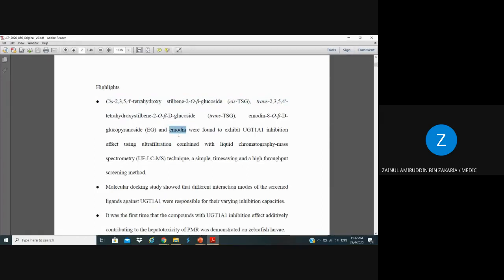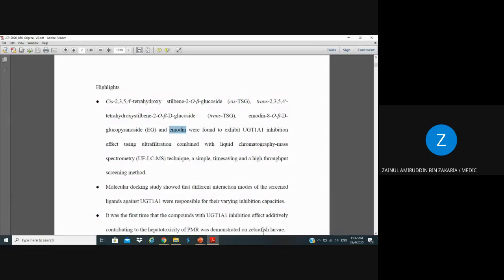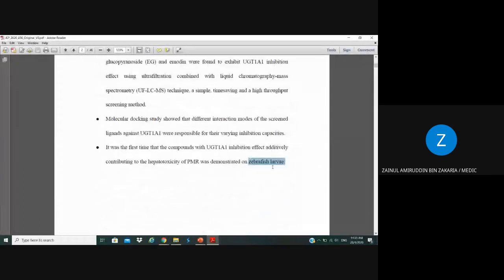These are compounds isolated from the plant and tested again on animals and also in vitro, and found to cause toxicity effect. Yesterday I told you about the zebra fish model. This zebra fish model is used to study hepatotoxicity effect. You can use mice or rats to study hepatotoxicity. You can get the liver from the rat and do histology, but to reduce the use of animals, they use